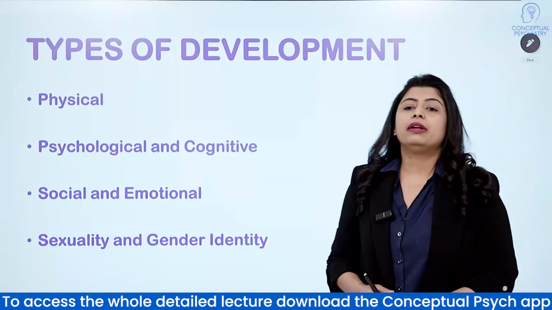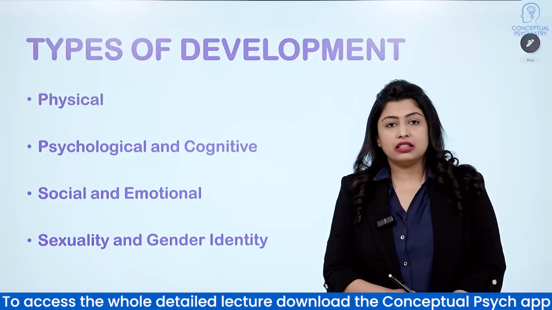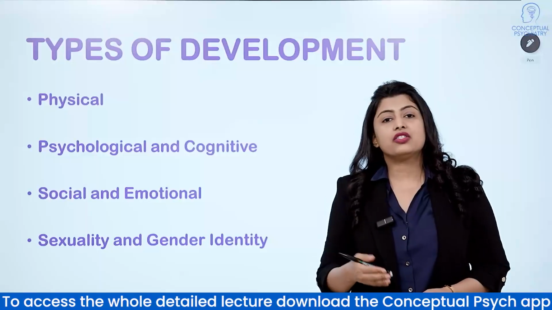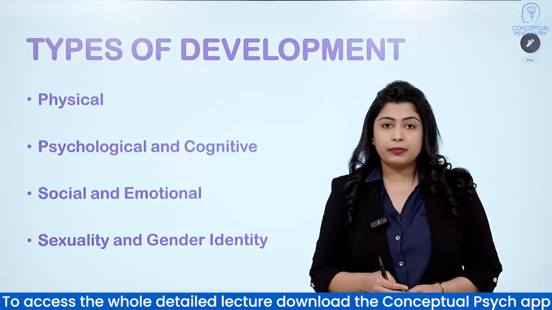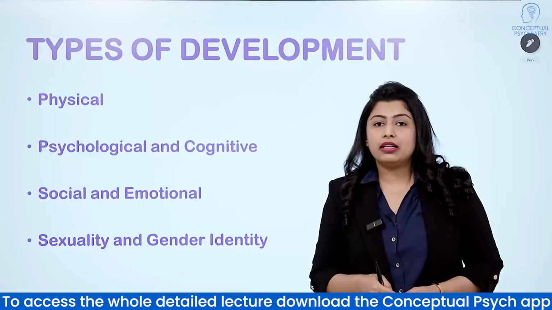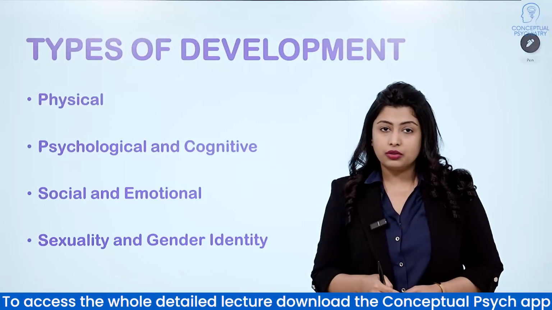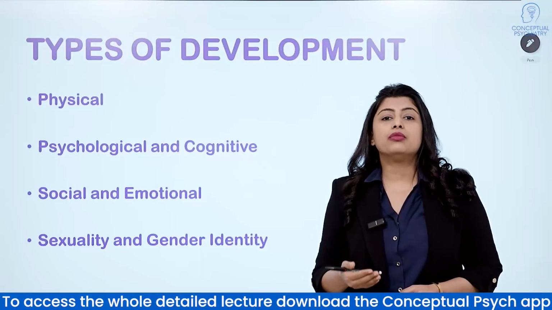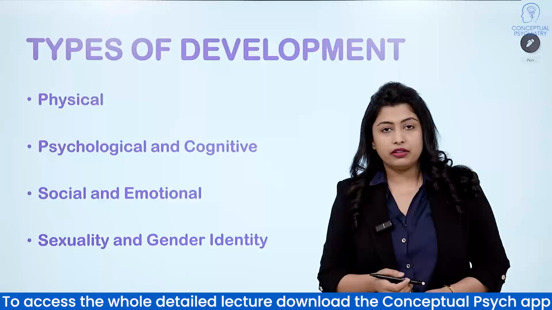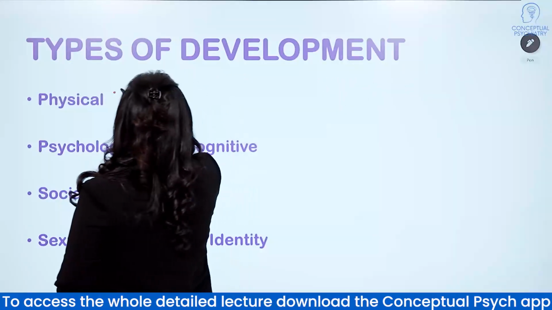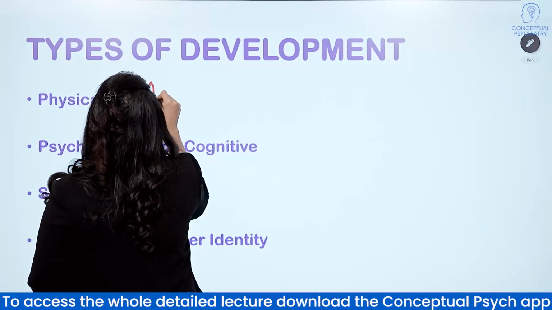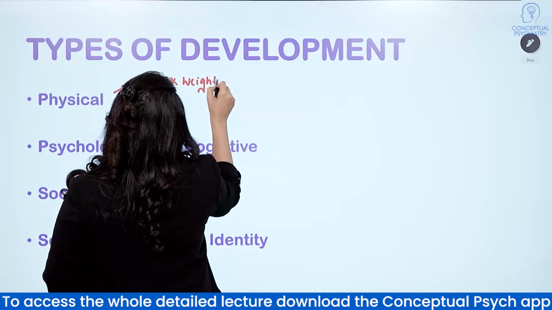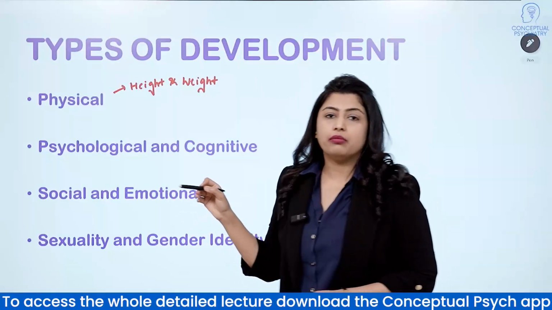Discussing the types of development, the first type is physical, where children grow in height and weight over the years and their appearance changes to a great extent during puberty. They also develop certain physical abilities during their progression towards adulthood, such as crawling, walking, running, writing. Their motor coordination gradually becomes well refined. So, the physical aspects here are the height and weight, the refinement of motor coordination,